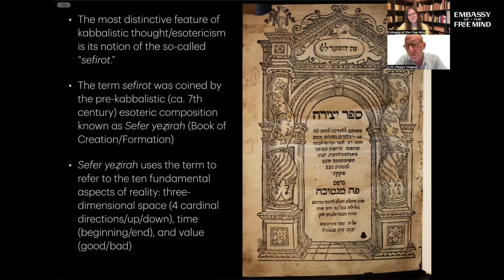I recently made a discovery that has been carried forward by a young scholar named Judith Weiss. And I won't go into that now, but on the basis of some of the work that I did a couple of years ago, the 7th century is emerging as ever more probable, but it really doesn't matter. That's not the point. The point is that the term Sfirot appears there for the first time in the history of Hebrew literature. What's fascinating to observe, especially if you've come from the study of Kabbalah, is